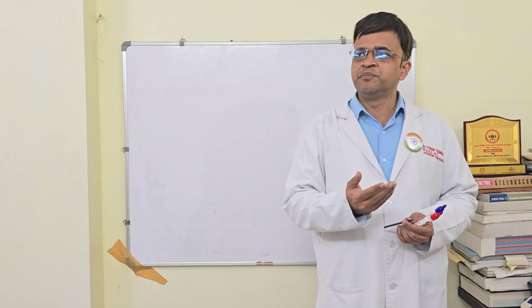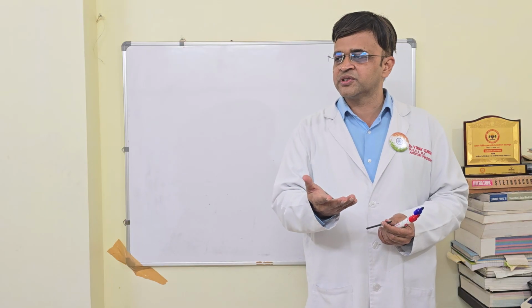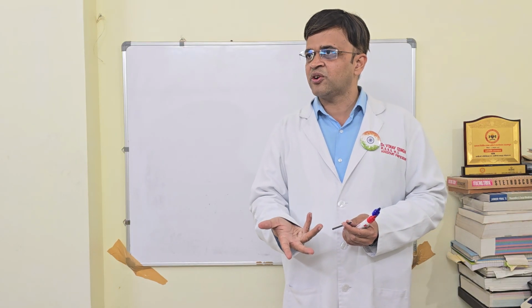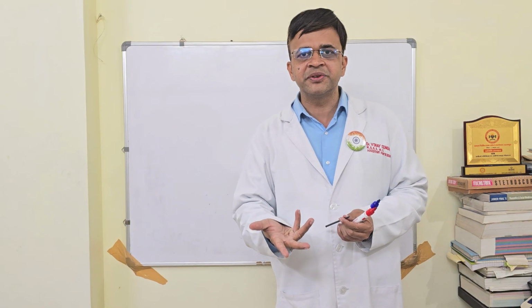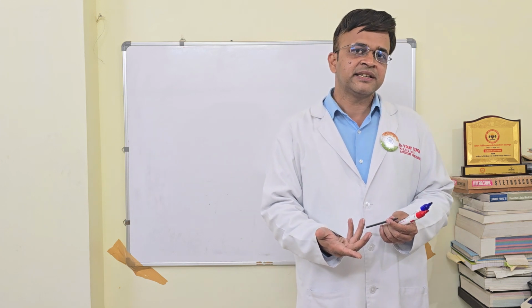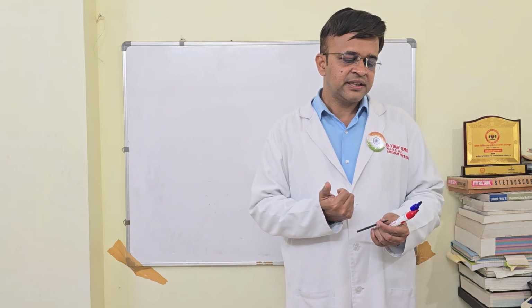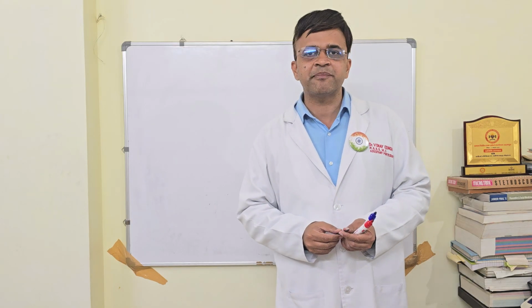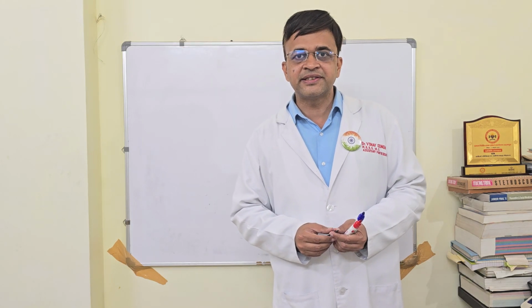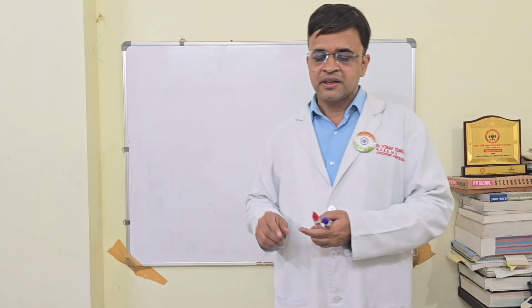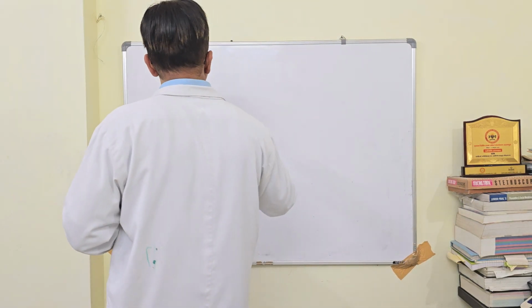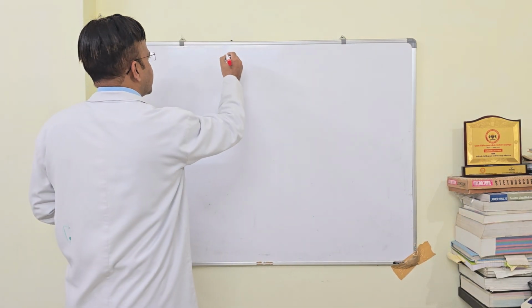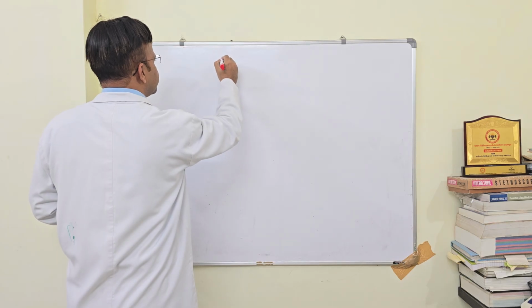This is actually a beautiful example of both the negative feedback mechanism and also of molecular mimicry, and we're going to understand how exactly the whole thing works, right? So first of all, we need to understand what exactly happens in Addison's disease, right? So let's draw first of all